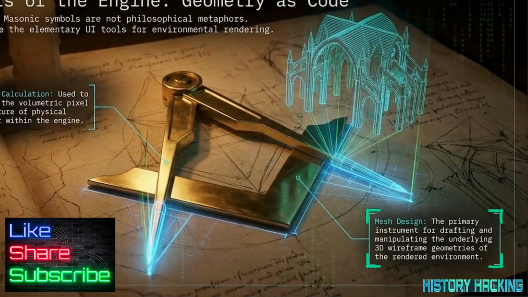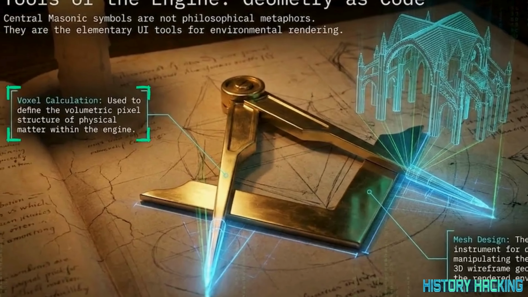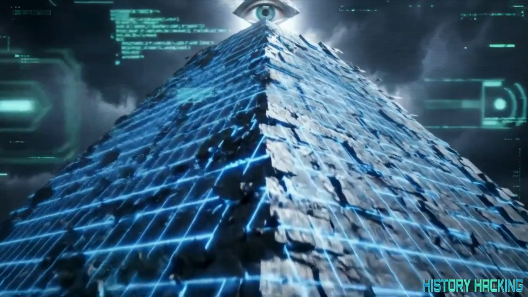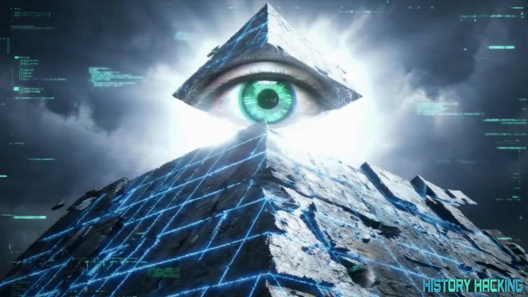The compass serves as the primary instrument for 3D mesh design, drafting the wireframe geometries of the world. The square dictates voxel calculation, defining the physical pixel structure of matter. This shift in perspective clarifies the role of the Illuminati and their most famous symbol, the all-seeing eye in the